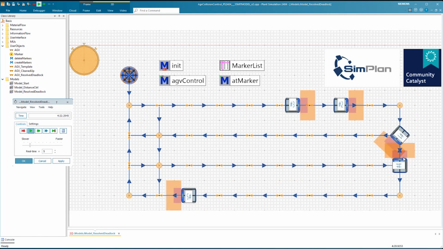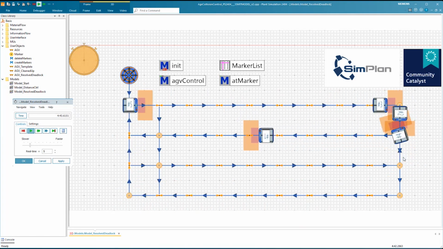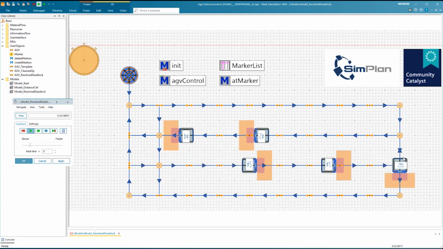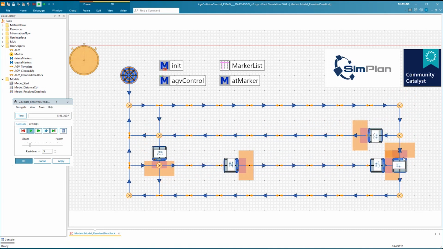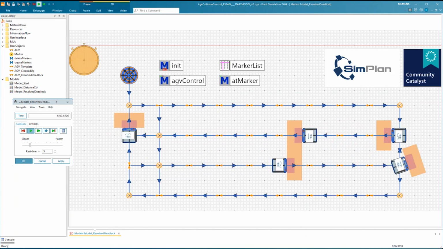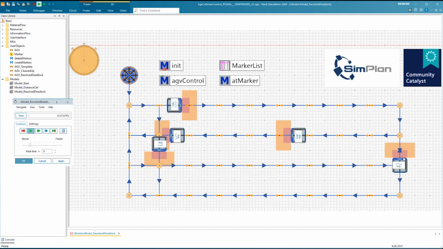Because in many cases, when you run a simulation model, you always have to remember that you should choose a level of detail that is reasonable for what you are investigating. So your model should be as accurate as necessary, but as simple as possible.